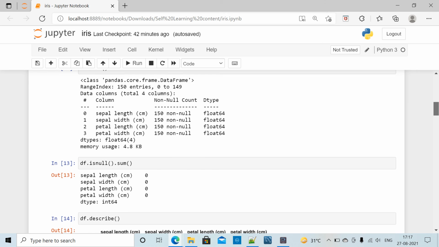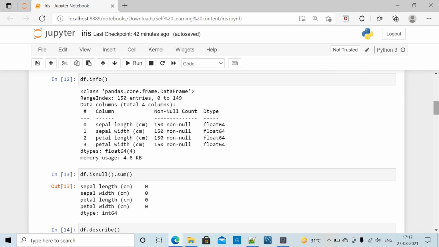Then we have used the .info() function. This is letting us know about the data types of the columns in our data set iris. So sepal length, sepal width, petal length and petal width, all of the 4 columns are float64 data type.